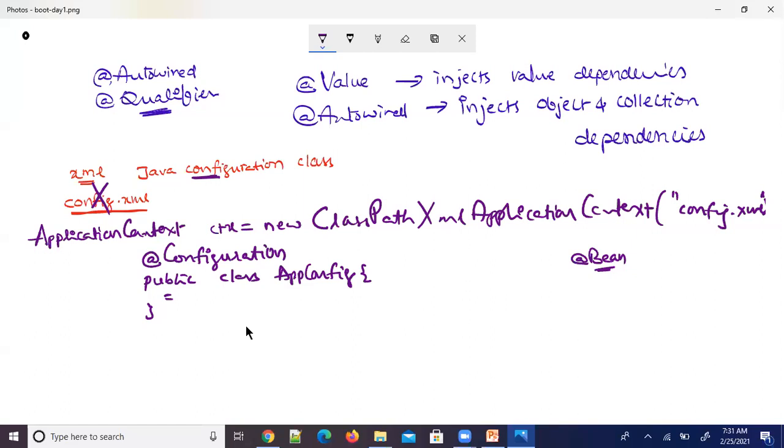To initialize application context, that's a Spring container, by loading the configurations from Java configuration classes, use AnnotationConfigApplicationContext. So remember these two class names. This will help you even in interviews. I'm covering in both ways: one is part of the interview and the other is part of the subject. So I repeat, I write like this: ApplicationContext